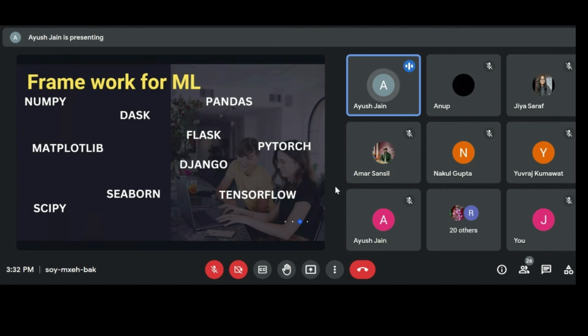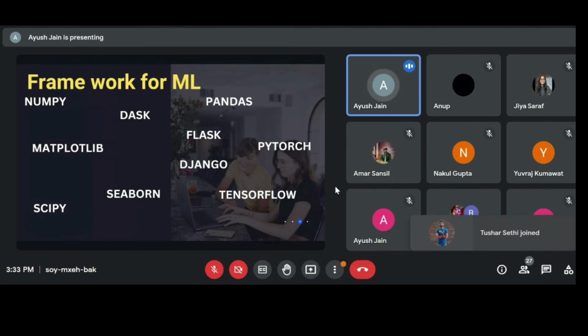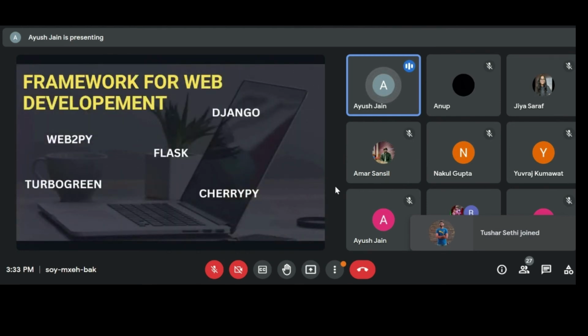So you need to have web frameworks for ML. For these frameworks you have to have a basic understanding, but for NumPy, Matplotlib, and visualization tools, you have to have hands-on practice. Now, there are some web frameworks also for machine learning development and deployment. Like I said, Flask and Django, you can choose any of these, and here are some more mentioned, like Web2Py, TurboGears, and CherryPy. These are extras. If you have interest, you can go, but Flask and Django are a must.